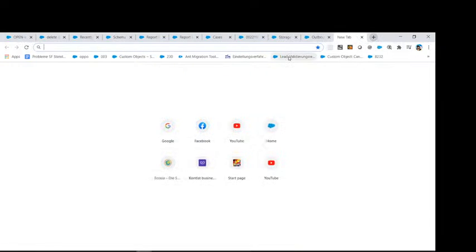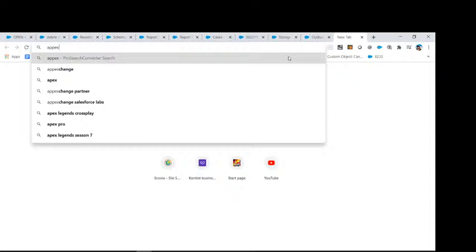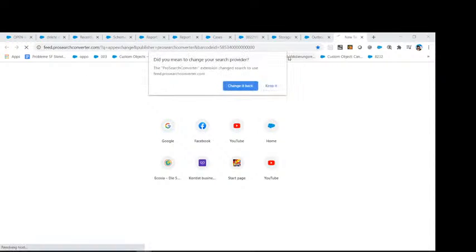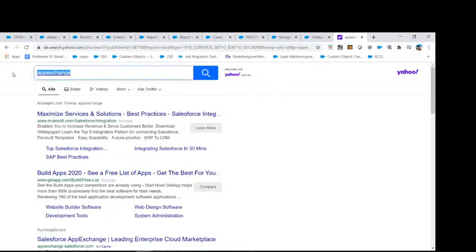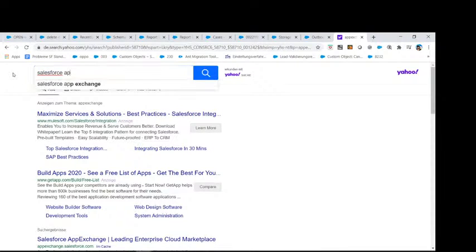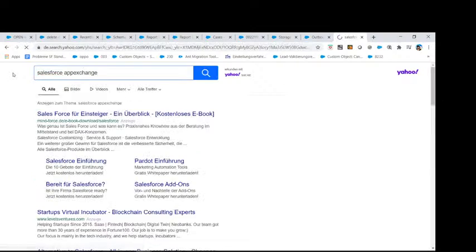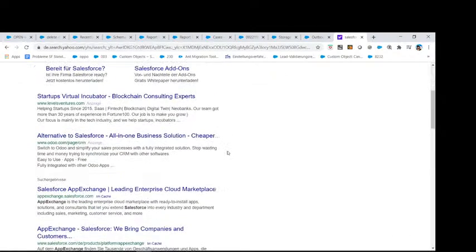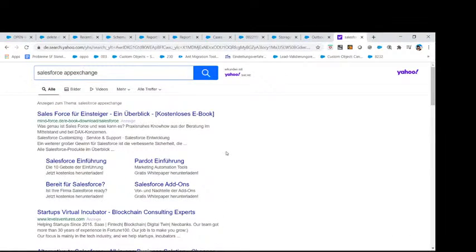And maybe we can also go to the app exchange and have a look on this. Yeah, maybe somebody didn't do this yet, so we just should go to the Salesforce app exchange and have a look on this. Is that gonna be Salesforce app exchange?